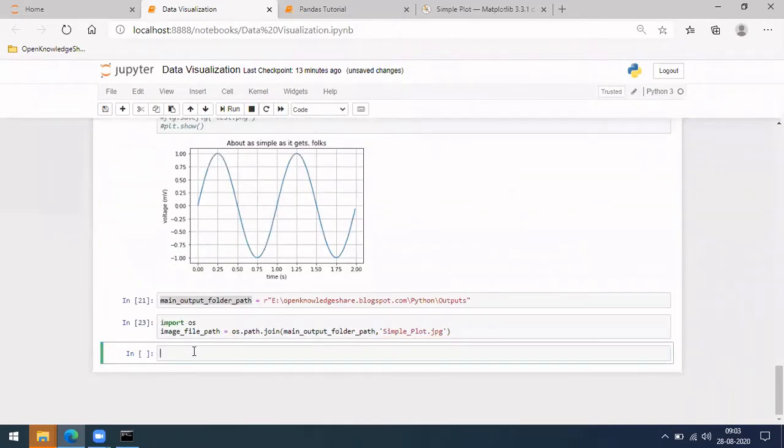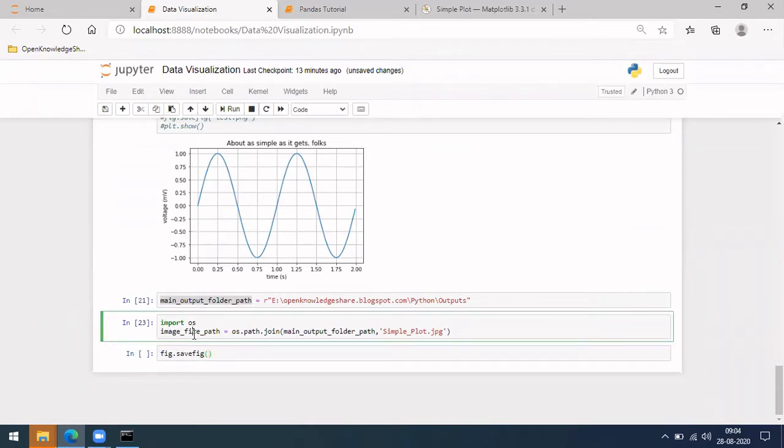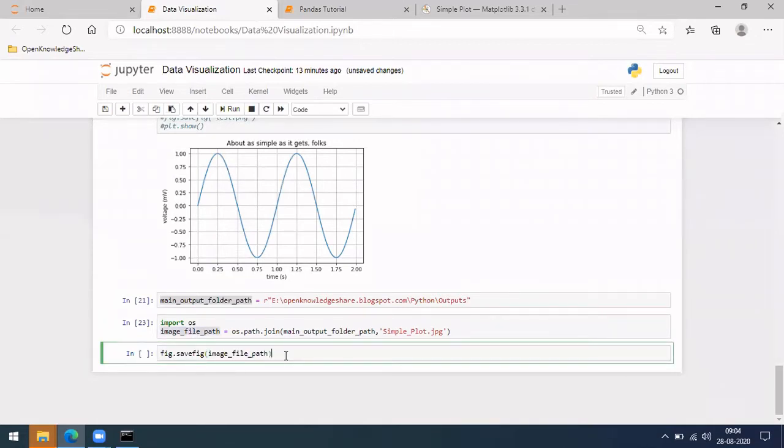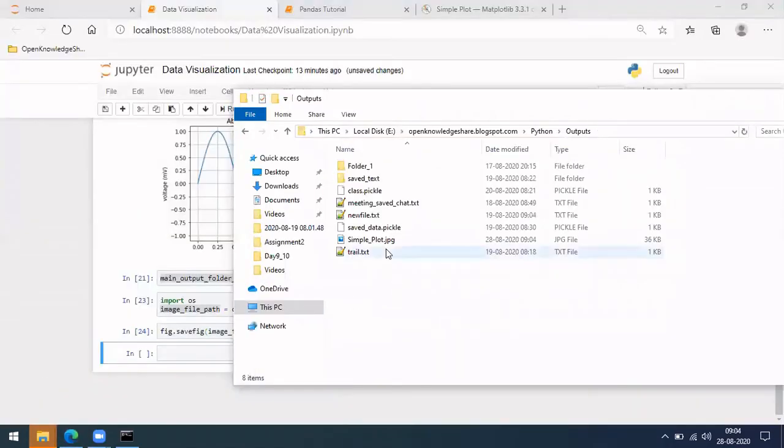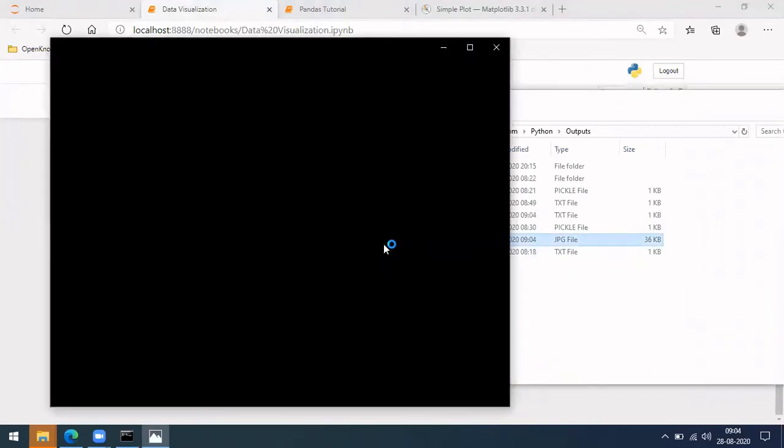Now in case we want to save, we use dot savefig, and in brackets you give this image file path, which is a full path. If you run it, it ran now. Let's see what it has. It has saved it here. Simple plot, you can open it.